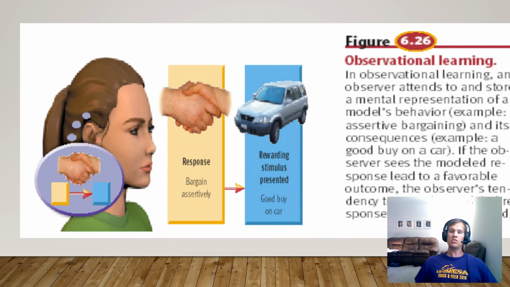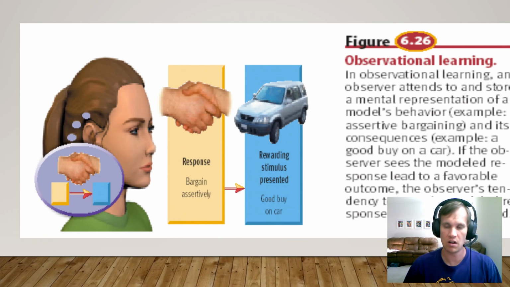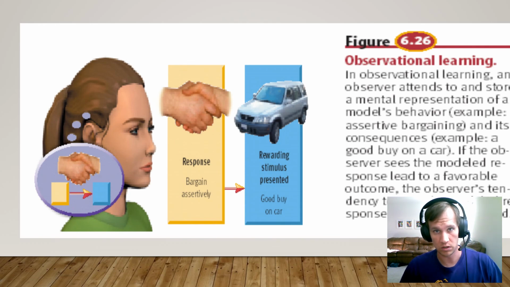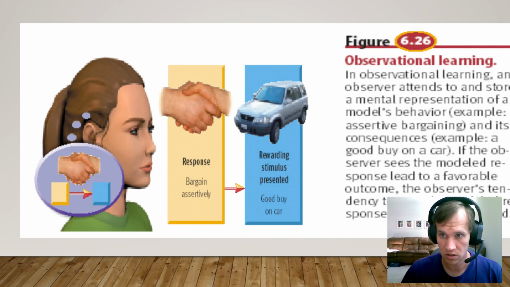Okay, so there are some other factors to pay attention to in learning. We're talking about behaviorism, conditioning, classical and operant. Make sure you know the difference between the two. Make sure you know the difference between a reward and a punishment, positive and negative, the different types of reinforcement schedules, and then these other factors involved in learning.